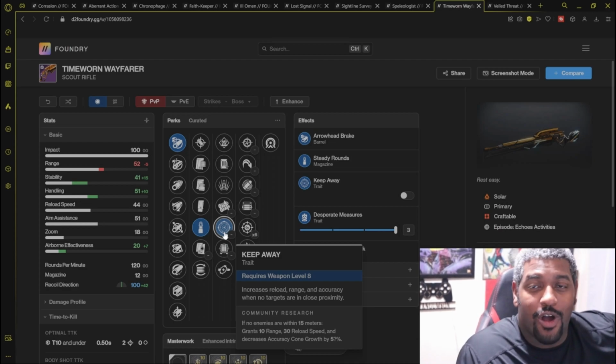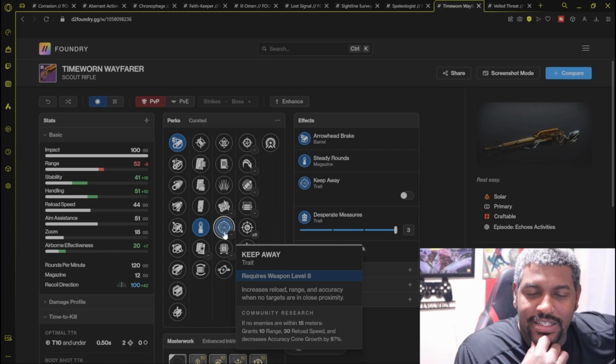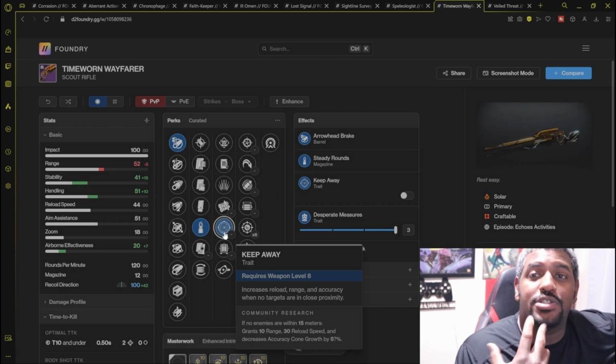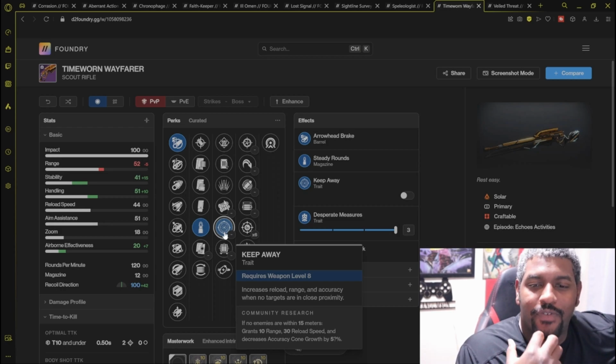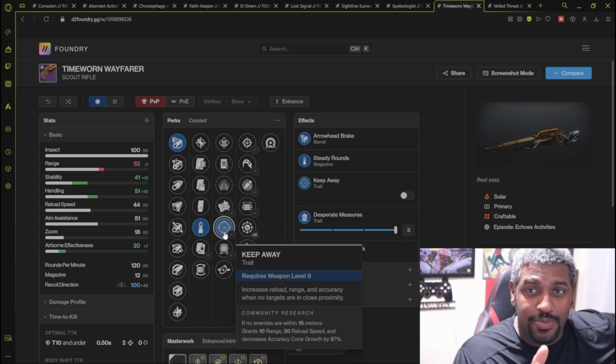120 scouts are the 180s of the scouts, like the 180 hand cannon. A lot of people don't use the 180 hand cannons. A lot of people don't use the 120 scouts. They like to use the lightweight frames, the precision frames, the rapid fire frames. The 120 scout, the Timewoven Wayfarer. After this point here,